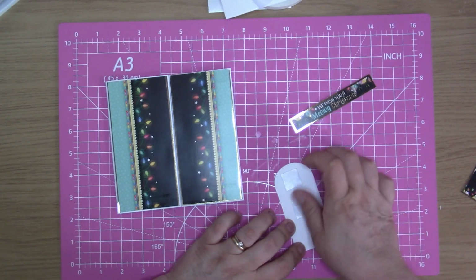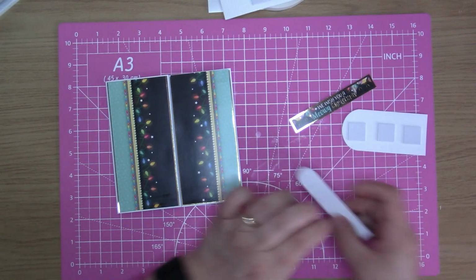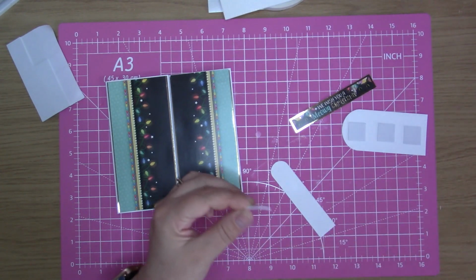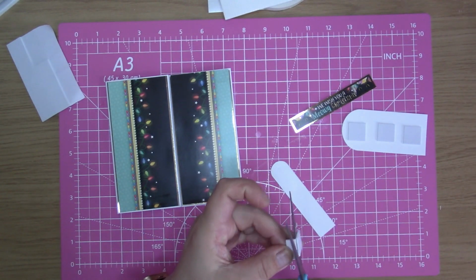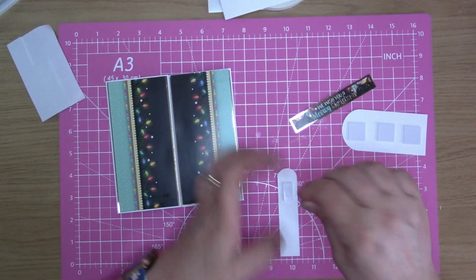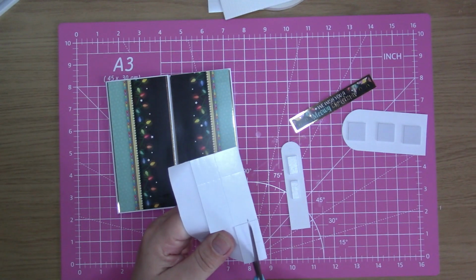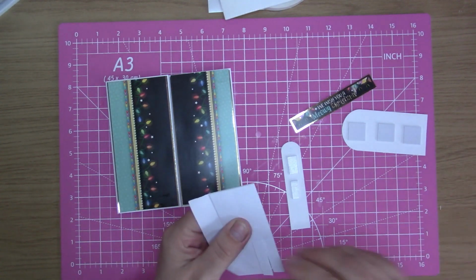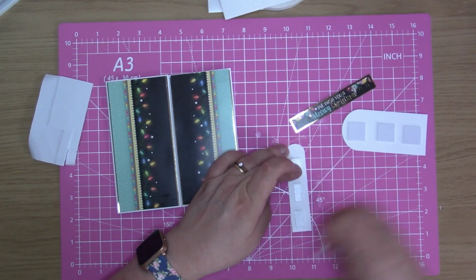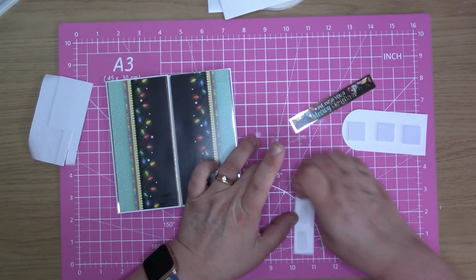I just typed in on YouTube as I was looking for videos that have used Hunkydory cards or makes, because I've got a lot of Hunkydory stuff, and I was lacking a bit of knowledge on what to do with all the toppers and stuff that I would get left over from making just a normal plain card. So I decided to type in on YouTube, came across her,